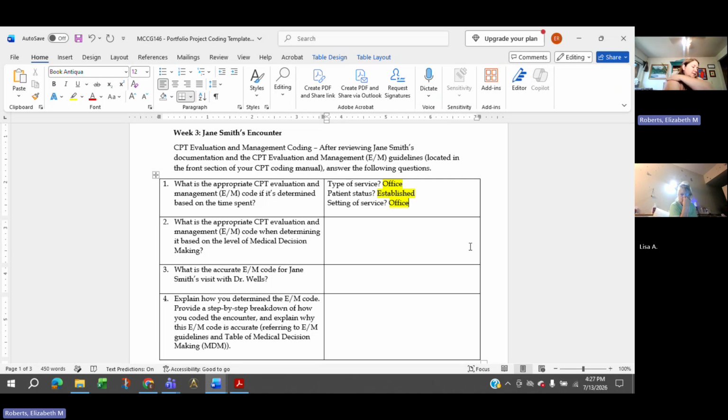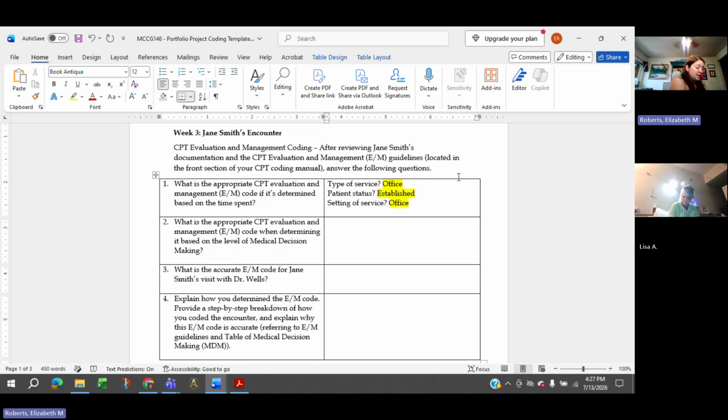If you go to page 1 in the CPT code book, I like to teach E&M coding based off of the table of contents because I think it corresponds well to these questions. On page 1, in the middle of the page, there's a black heading that says evaluation and management. This is where our codes start. Look at the colors: they don't do this just to be pretty. Green is a heading, red is a subheading, blue is a subcategory.